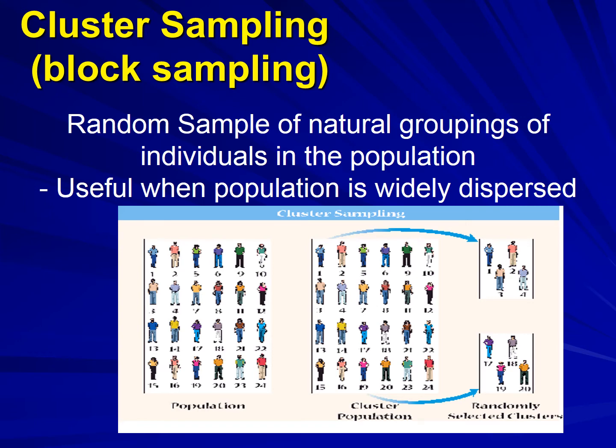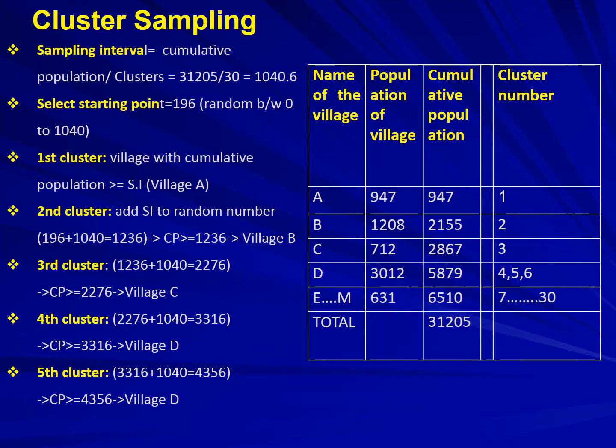So for example, in the study of immunization, suppose we have taken 30 clusters and out of each cluster we have selected 7 children. So whenever we present our result, we have to comment on all 30 into 7, means all 210 children, and we cannot comment on one or two clusters. So there are certain limitations that we will discuss in an upcoming slide. Let's understand the cluster sampling with the help of an example.